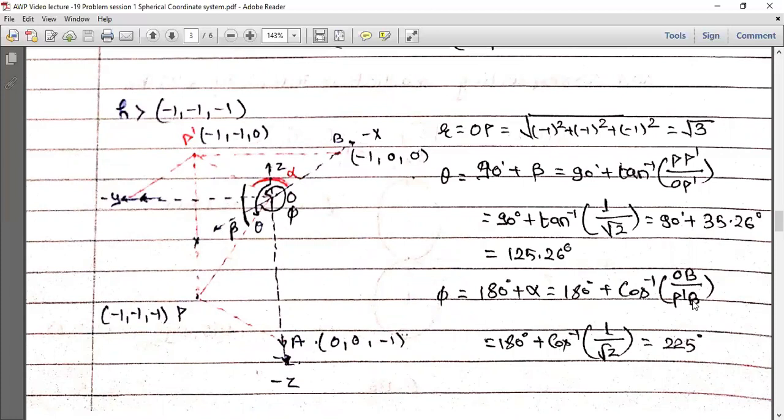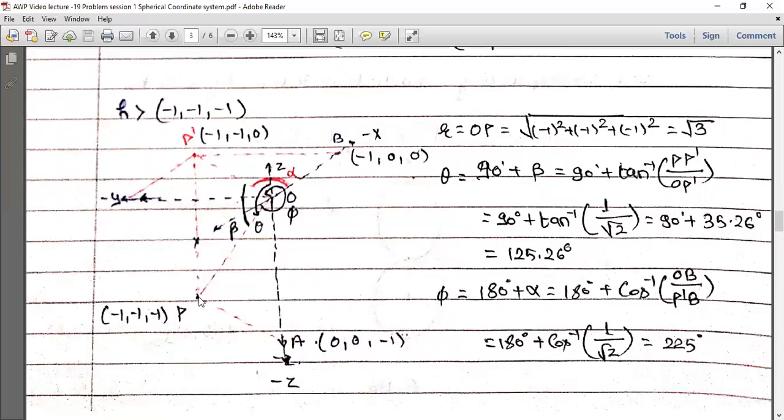So for this particular point, we have all three coordinates negative: x negative, y negative, and z negative. X negative means the region behind the origin. Y negative means to the left of the z axis, and z negative means below the origin, as you can see. So point P is somewhere here, (-1, -1, -1).